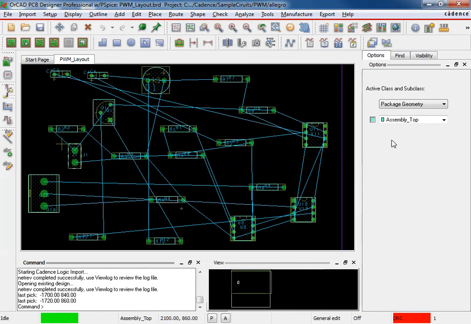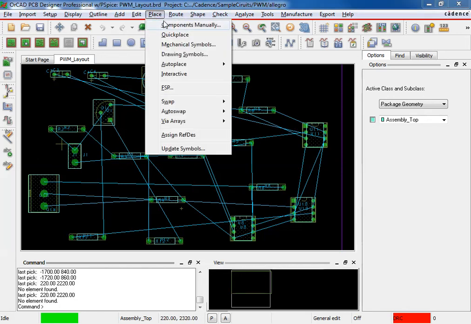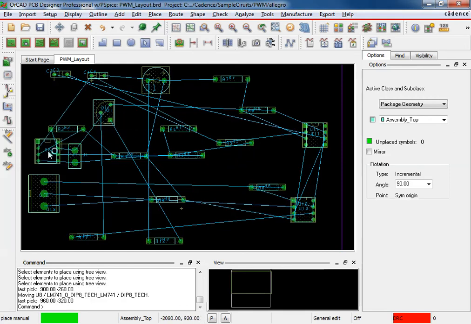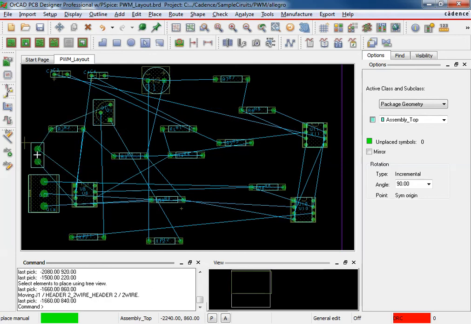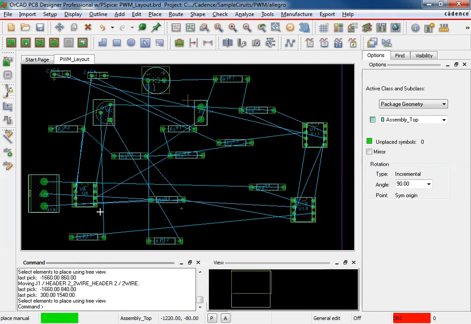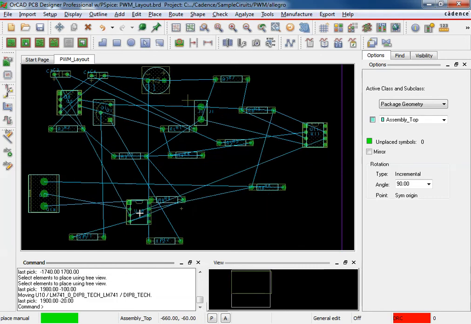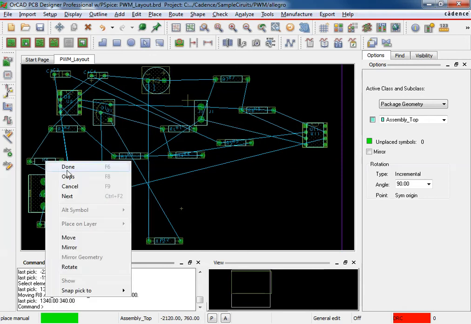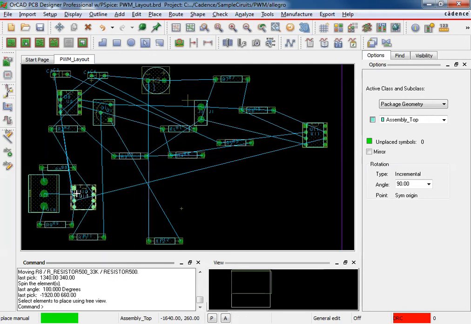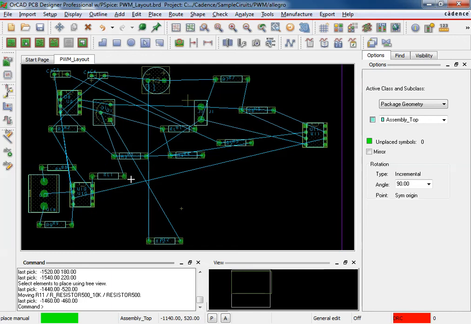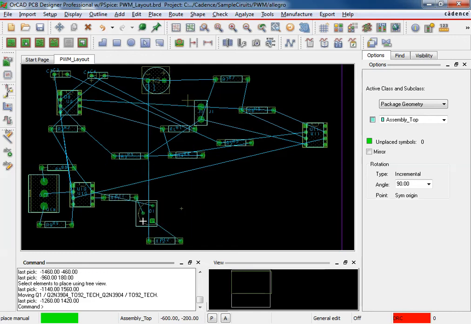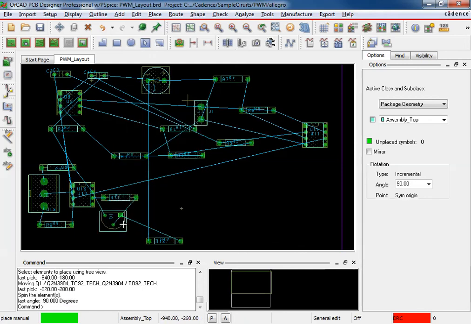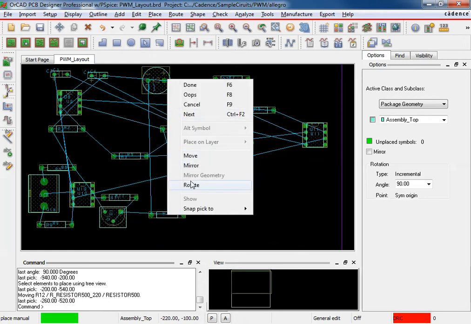And so I'm going to just again open this place components manually screen just to make things easier to move around. And so again, we're going to put this power. Actually, you know what we're going to do here is I'm going to put this op amp close to the PWM. So then I'm going to move this right here, rotate this around, and I'm not necessarily worrying about this being great. Then I'll move this down here, maybe rotate this a little bit, rotate this,